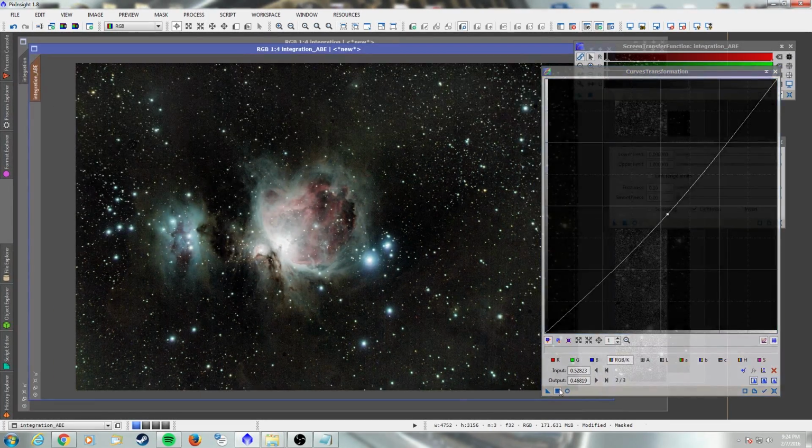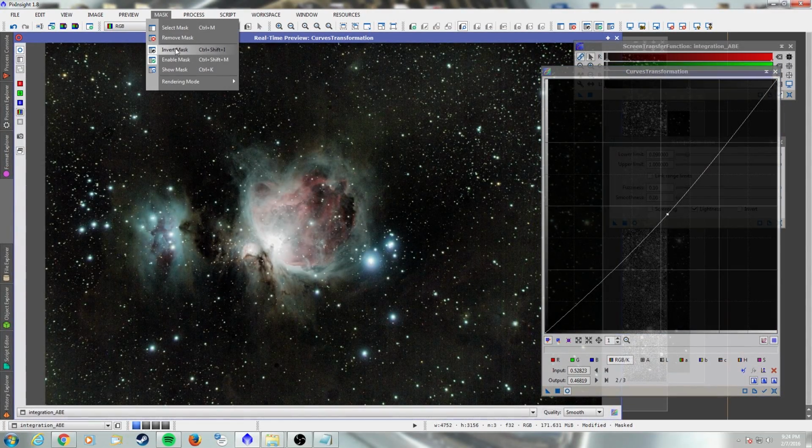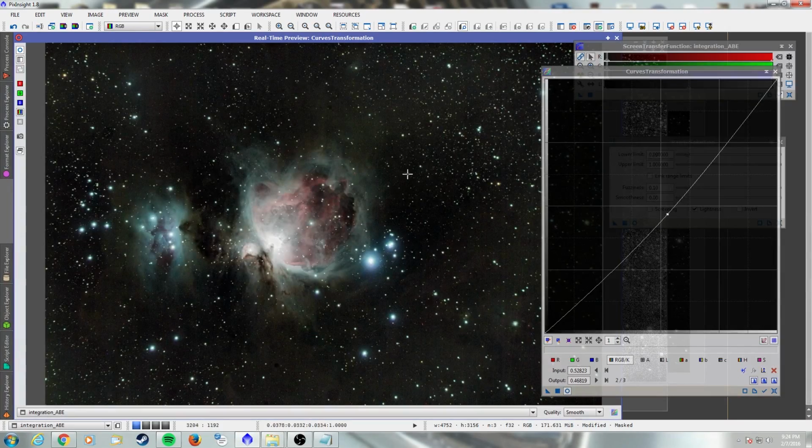Okay, I'm going to get rid of that preview. We're going to create another preview. And now we're going to invert the mask again. And now we are playing with the opposite side of the mask. Now we are playing with the lightness. So instead of trying to phase out the background, now we are actually affecting the nebula itself and all of